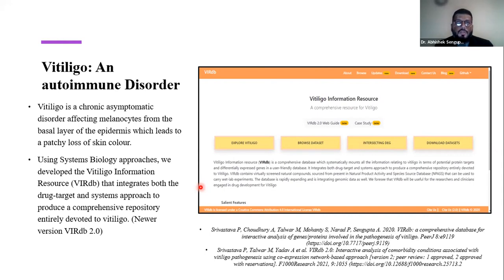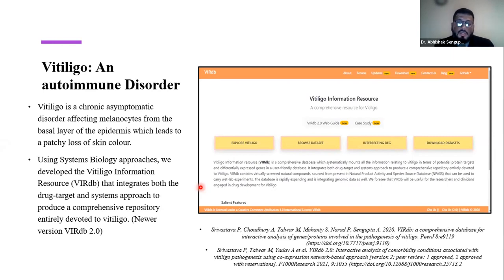And we have also done some work where we have built correlational networks between vitiligo and multiple sclerosis, then rheumatoid arthritis and psoriasis, etc. And we are also working on connecting it to other diseases like thyroid, hypo and hyperthyroidism, and then diabetes, etc. So we are trying to do this correlational network analysis